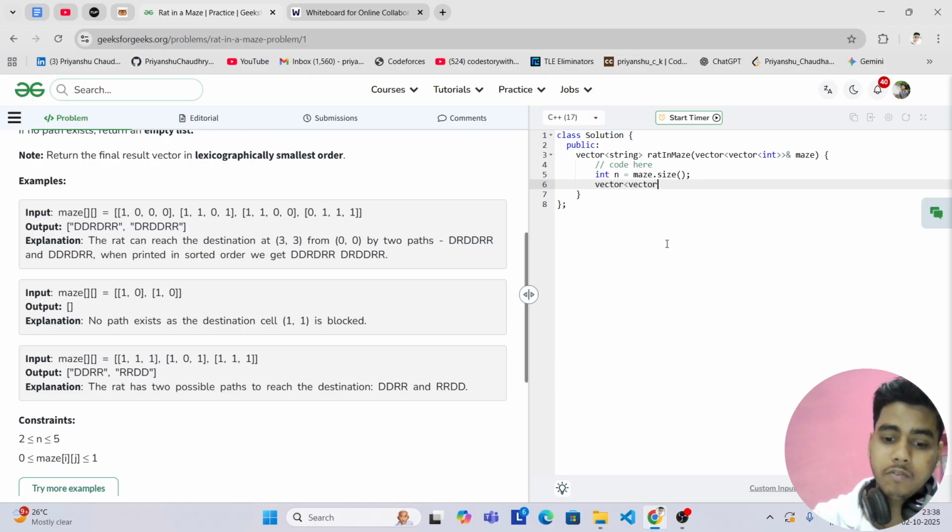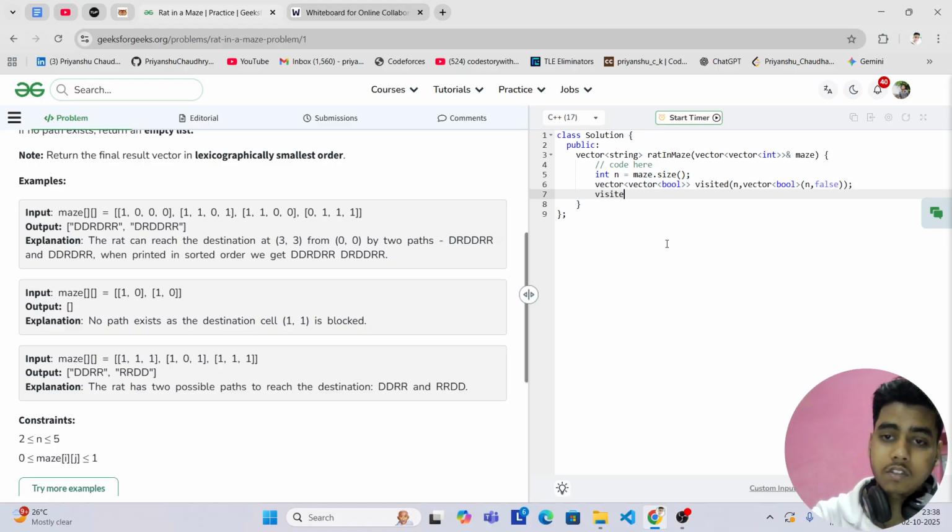So this will be a vector of bool, and let's call it visited, and the size of this will be n cross n,